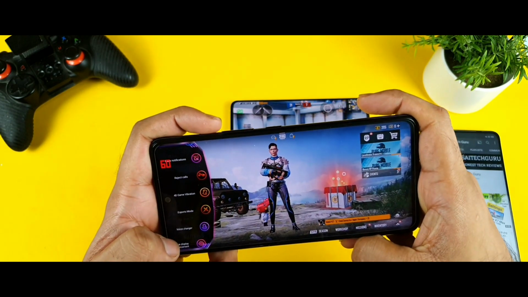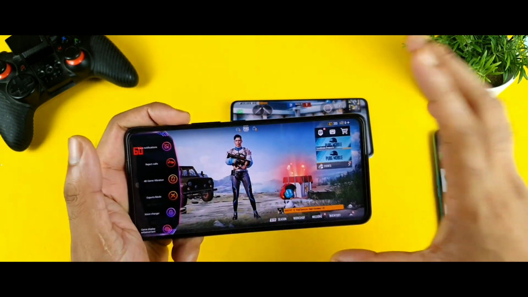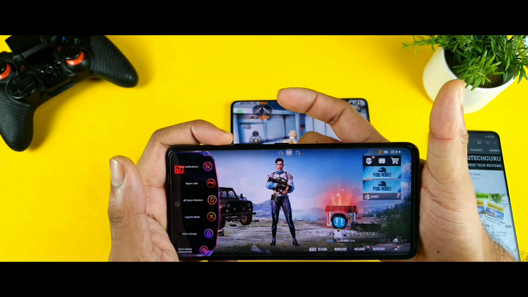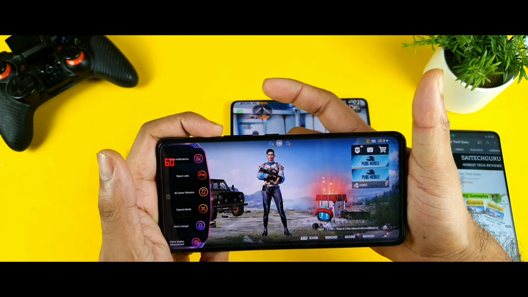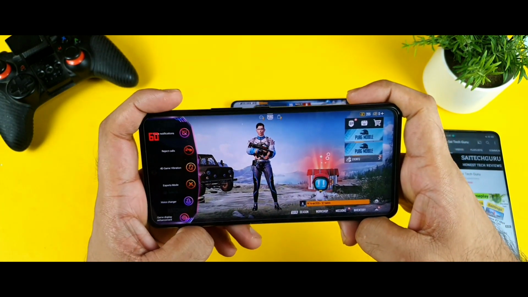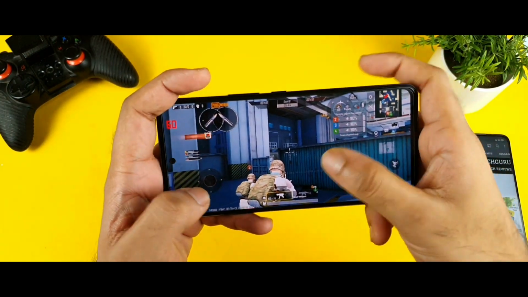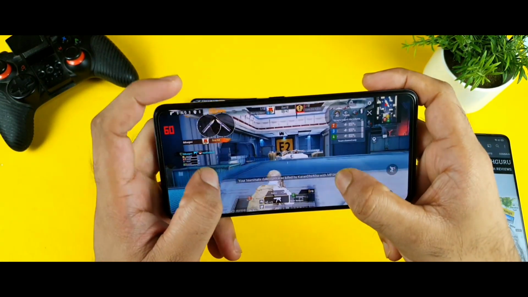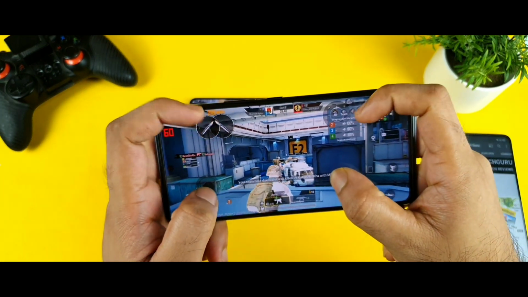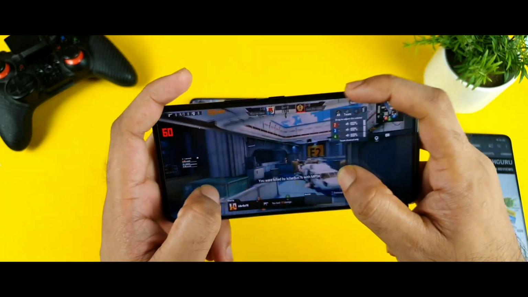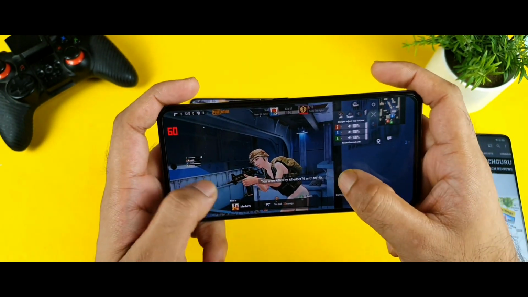Right now you will get the 4D vibrations, haptic feedback and voice changes. Everything is possible in the iQOO 7 device, so there's no problem with those. Definitely, friends, there's no doubt at all, the iQOO 7 feels really great to use. No issues in terms of the iQOO 7.